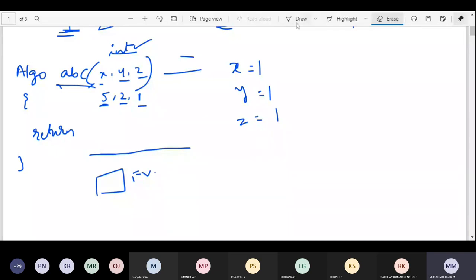Return a plus b plus c. Again we are going with a, b, c. So return x plus y plus z, whatever you take. So y minus z, right?